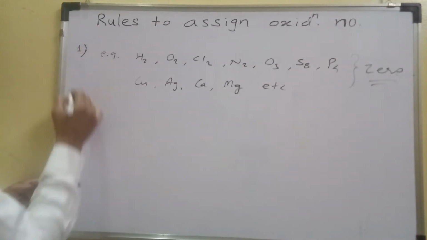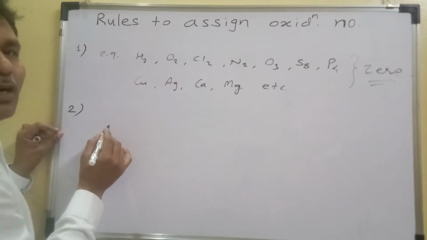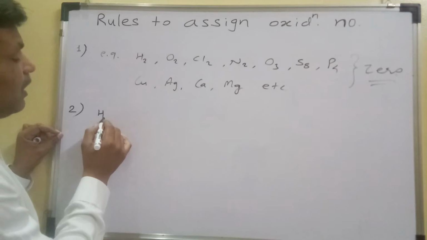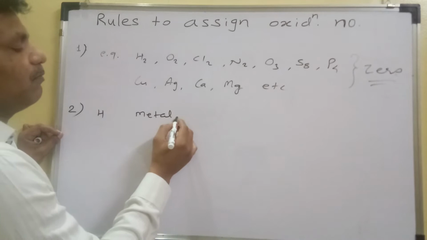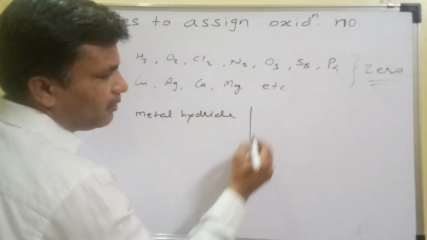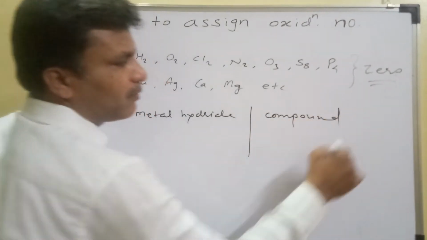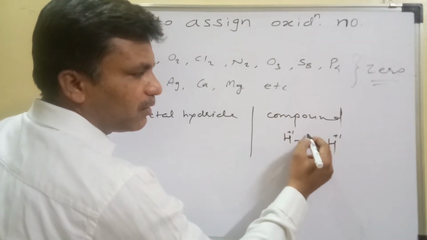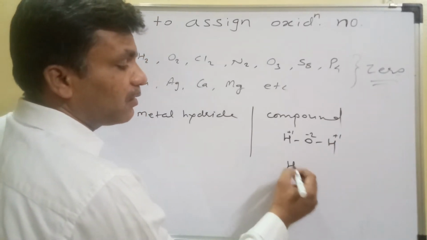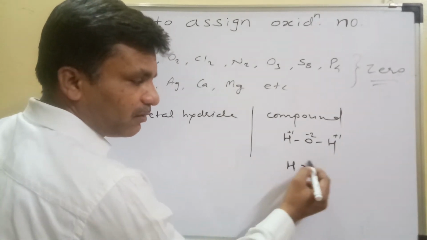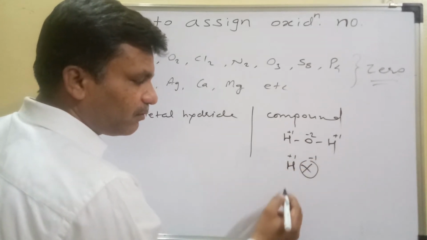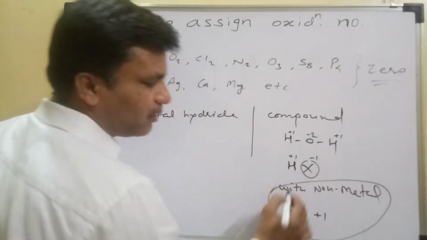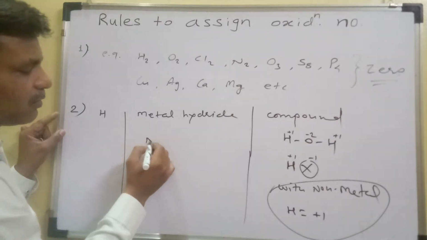Now the second rule, for the hydrogen atom. Oxidation number of the hydrogen in metal hydride and in different compounds. In the compound form like HOH, the oxidation number of the hydrogen is +1, here is +1, and this oxygen has -2 oxidation number. Whereas in different metal and non-metal compounds, the hydrogen is +1 and this is -1. That means with non-metals, hydrogen has a +1 oxidation number, and with metals, examples sodium hydride,